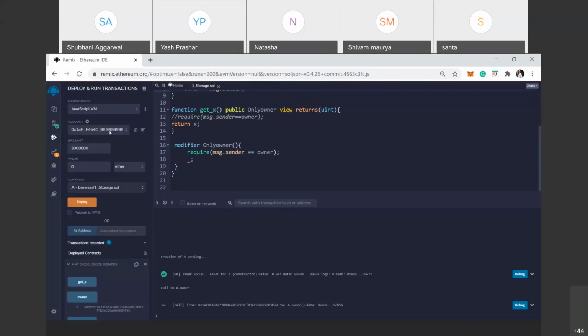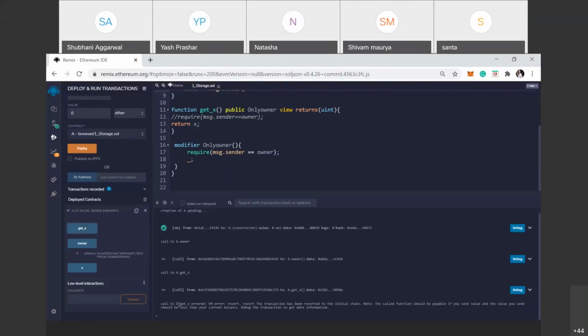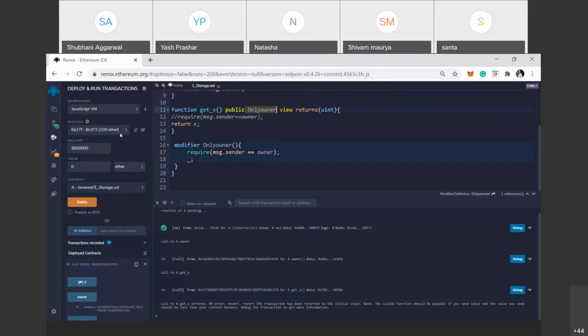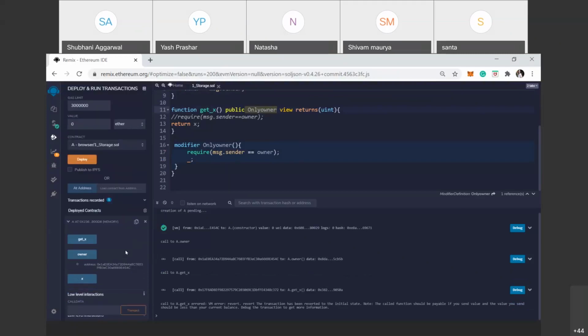And we choose another account, and if you run this function getX, it doesn't work. Why? Because we put a requirement here that it must be done by only the owner. If you run it from any other account, it shows an error.